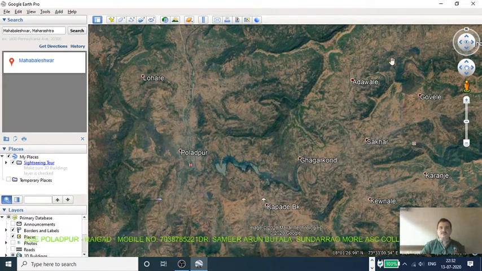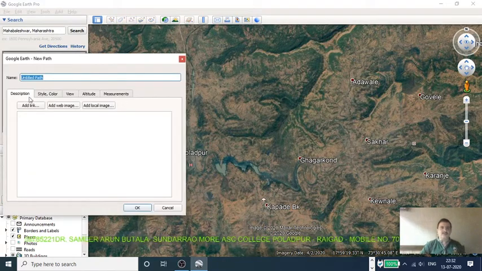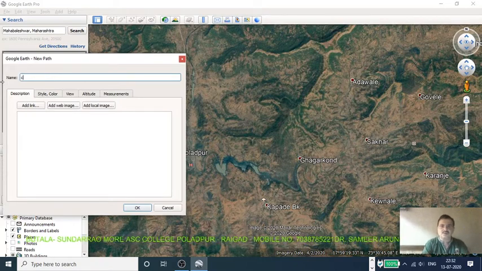First of all, there are some tools in Google Earth. We are using the add path tool. Just click on it and here we name the path contour. Select the color.